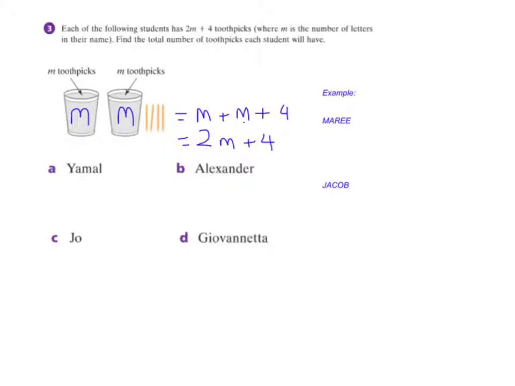So if we go back to my name, and if we remember I had 1, 2, 3, 4, 5. So my diagram would look like this. There's my 1, 2 cups. So what we've got,